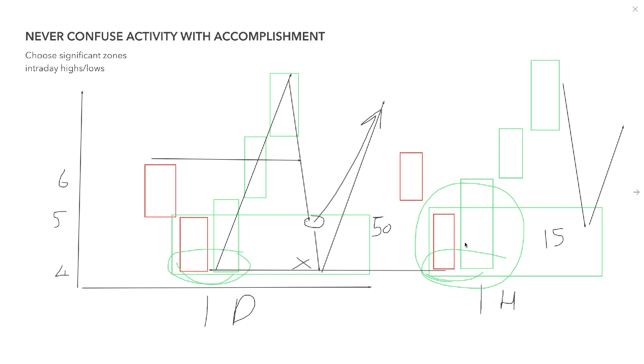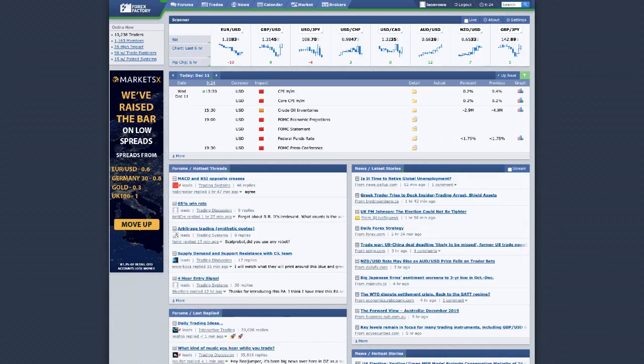If I look back and I see a demand zone or a supply zone, and it wasn't created by really anything other than potential profit taking, then that's not an area that I would ever look to trade as an intraday zone. It has to be an area where traders were definitely trading fundamentals, and the fundamentals were the cause of the move. And if you want to actually go back, you can go back to Forex Factory, for example,